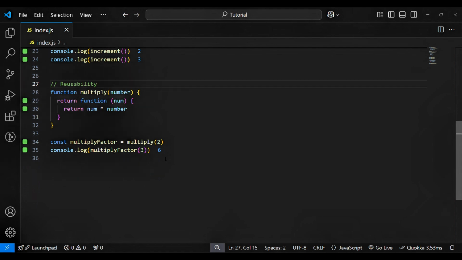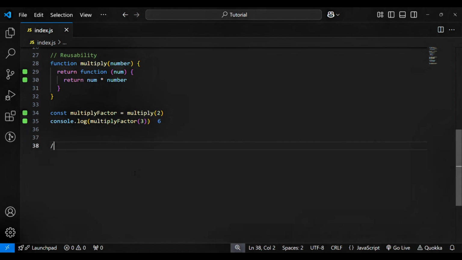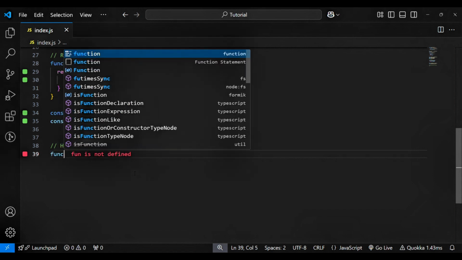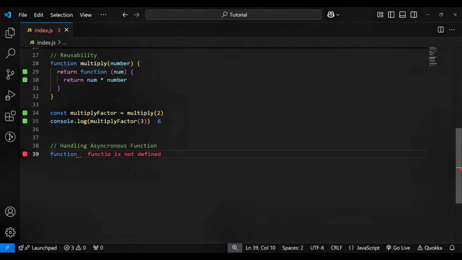There's another one I want to show you guys, which is about handling event listeners and asynchronous functions in JavaScript. So I can just call that handling asynchronous functions. We want to have, like in a button, a click event, or we call it a click handler. So I can just give it a function, let me just say